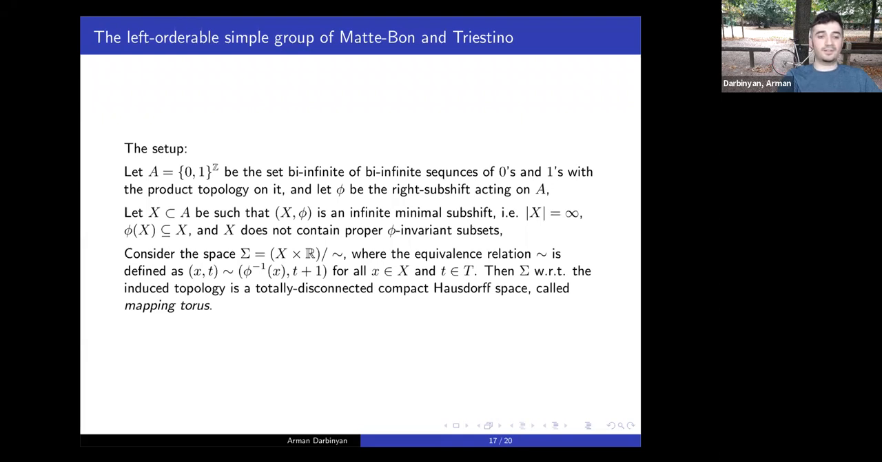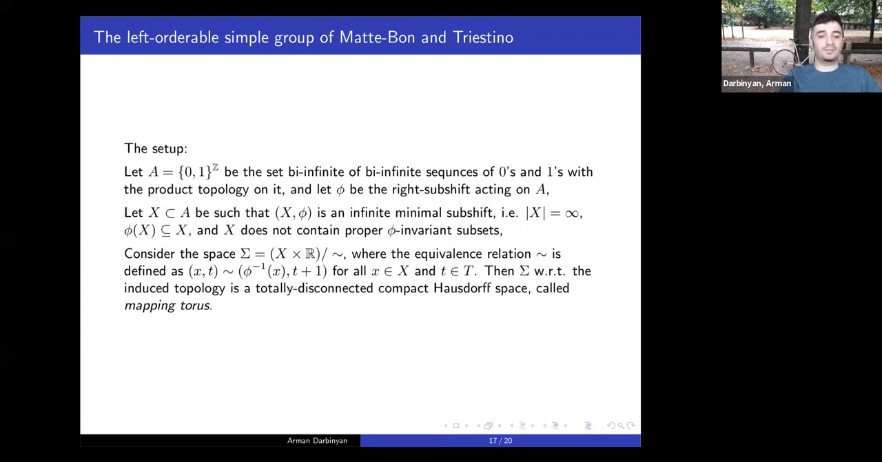So this is the second thing to consider. And of course, once we consider it, it's natural to pair it with topology. In this case, it will be the product topology. So once you have this, the next step, which is already a particular case of mapping tori, this sigma, which